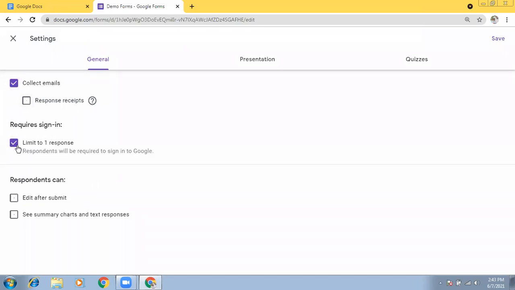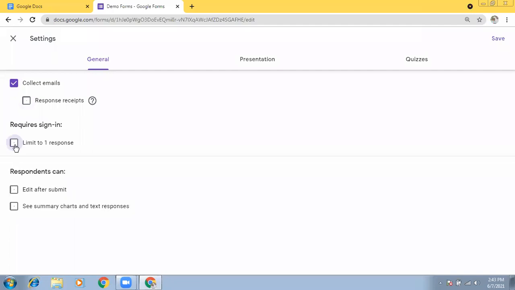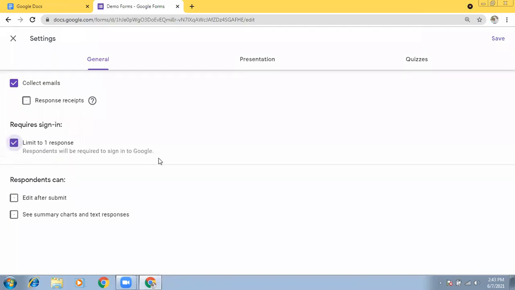And if we need the respondents to respond only once, they can only respond to the form once from an email ID. The system is recognizing the person based on their email ID. So if you check this one, they can respond only once to this form.